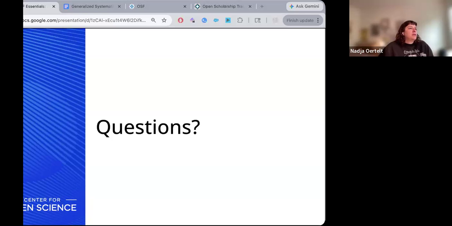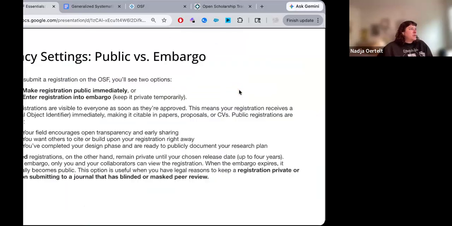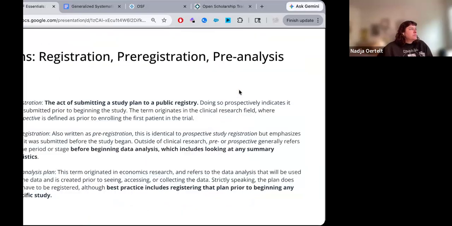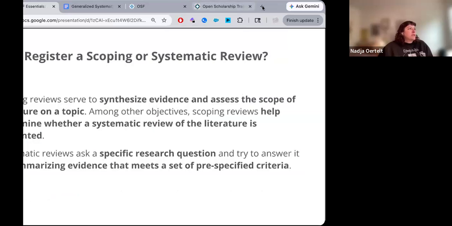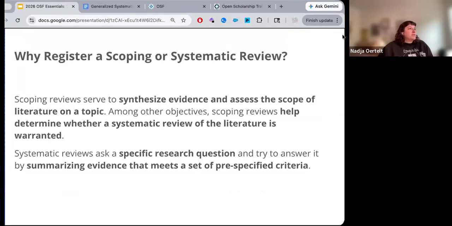Let's see. Yeah, so the difference between scoping and systematic reviews and where this falls in the timeline of conducting research. So there are actually two different ways of conducting a review.